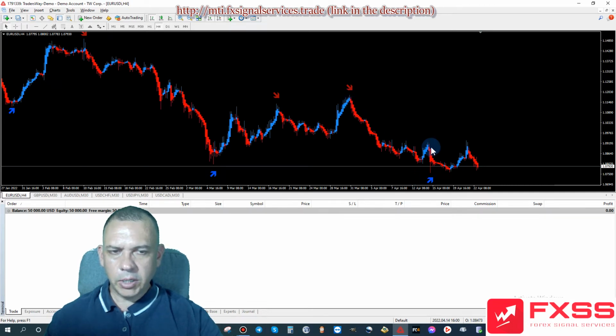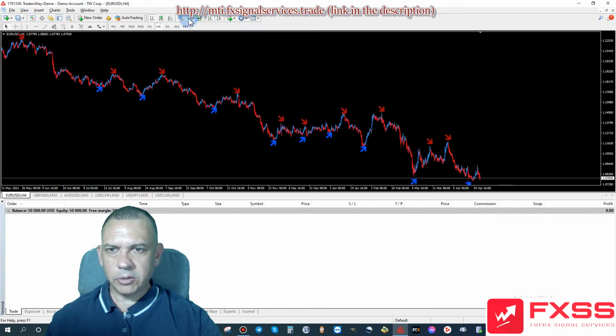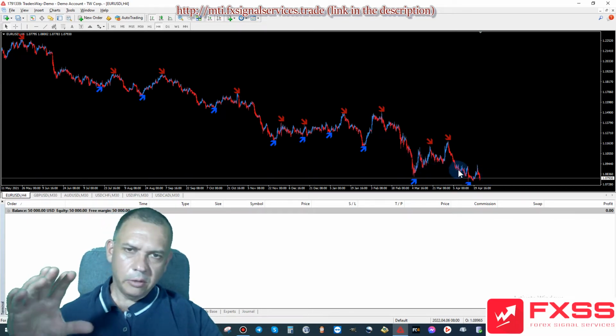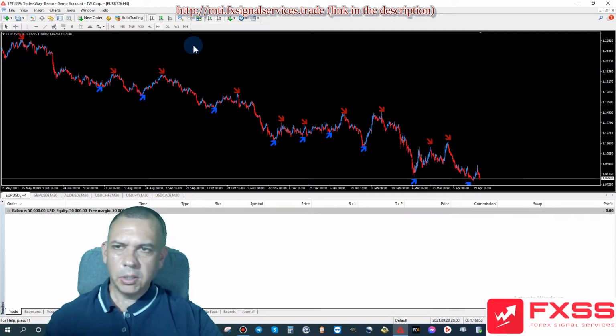We could have a blue arrow followed by a lower blue arrow. Highly unlikely, but it could definitely happen. So do be prepared for that type of thing to happen. But eventually it's going to go up. It's just a matter of time. If we look in the past, we've had this long downtrend, but we had some good highs and lows in between. Overall, the trend was going down, but I think now we're getting ready for a reversal, and this is going to be going up.